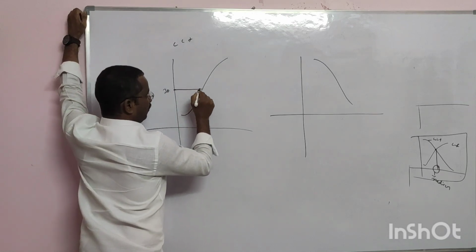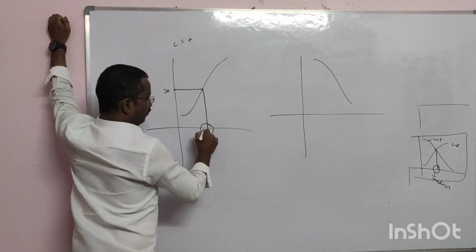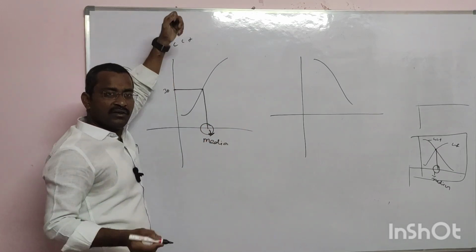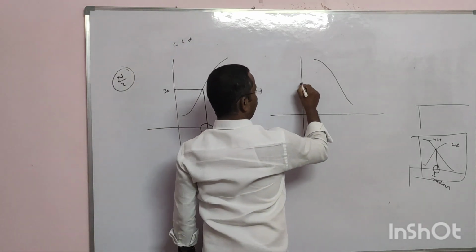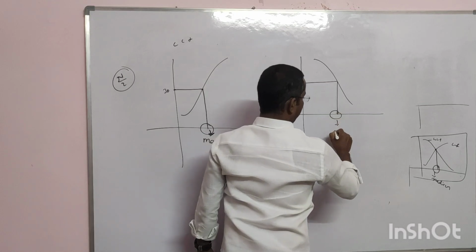So from here draw a line. Where it touches the curve, from there you draw it. This is your median. Same as usual, n by 2, and draw a line which it touches, come down. This is your